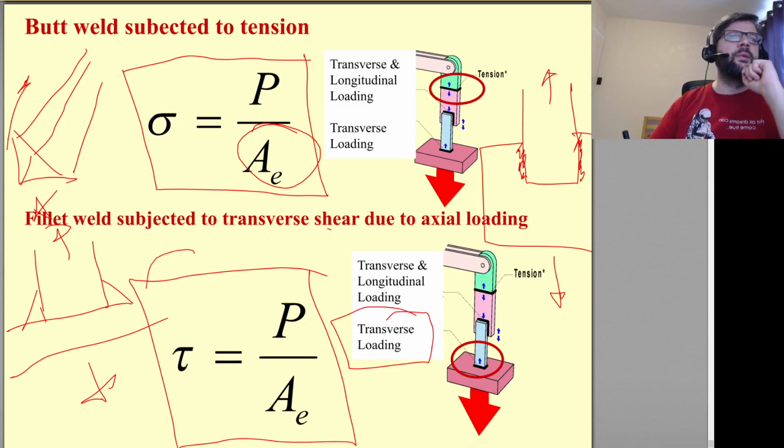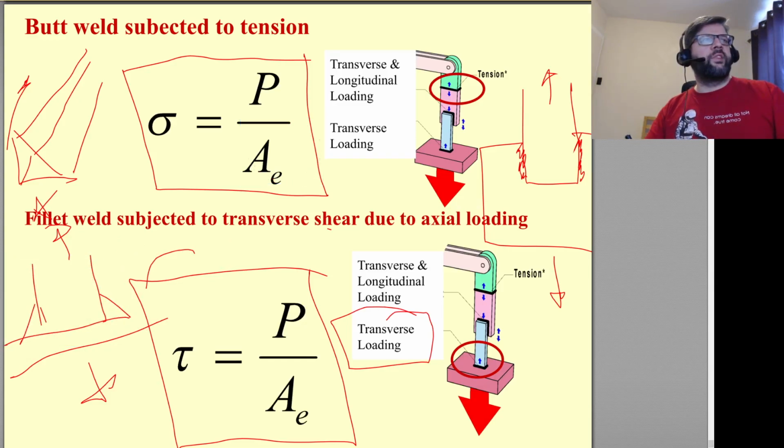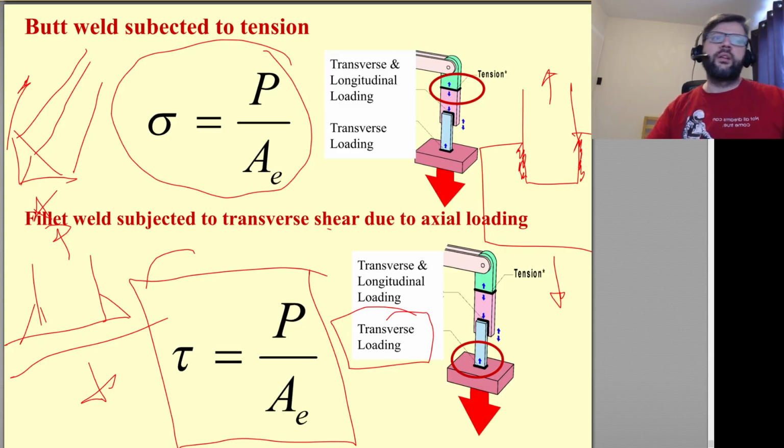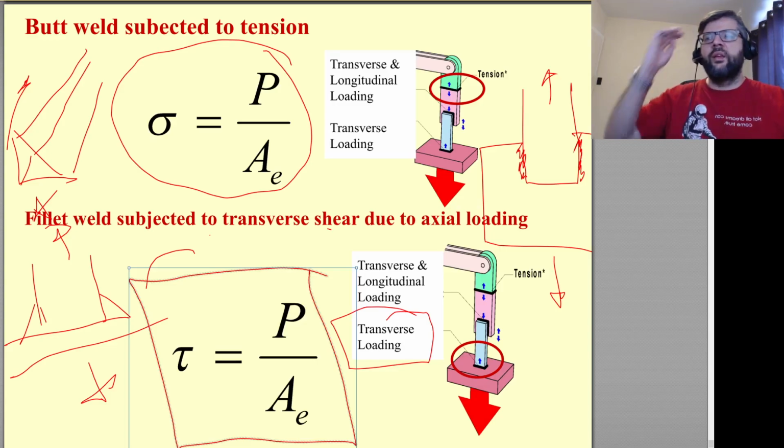It's just that when we're dealing with fillet welds versus butt welds, the butt welds are typically going to be causing normal stress. The fillet welds are going to be causing shear stress, and again, shear stress is inherently going to be worse for your strength. So we'll leave it at that for now, and then we'll get to a more complex analysis, related to if we introduce the weld having to maintain some sort of bending load or some sort of torsional load. All right,